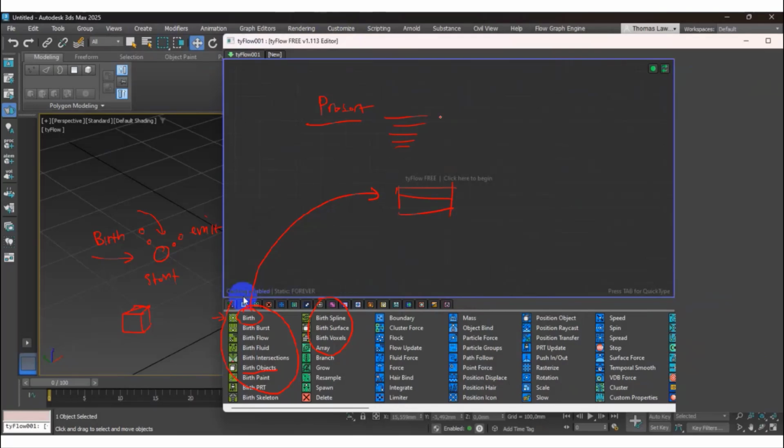It's easier. Let's say I want to choose the physics. There is a template, so you can go to the preset and pick the physics. If you go with the geometry nodes in Blender, there is no template. You need to design your nodes, one node to another node, until you get the output. But in Tyflow, and in particle flow, it is the same: you just right click on your viewport and there is a list of physics. Okay, so I continue.